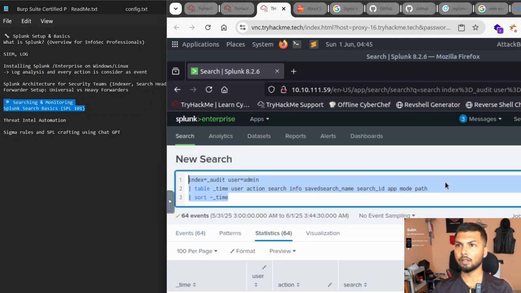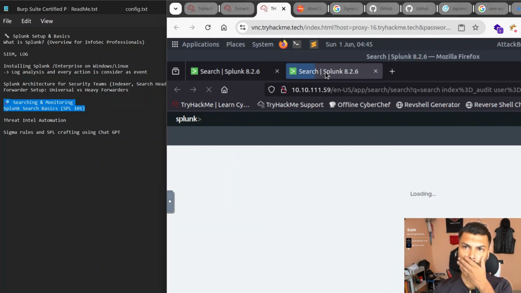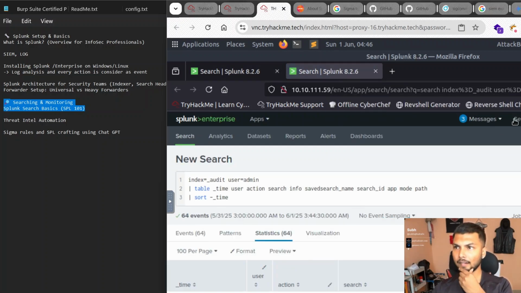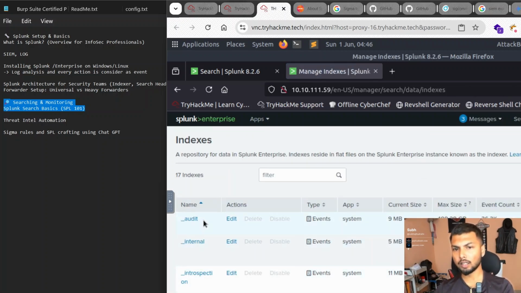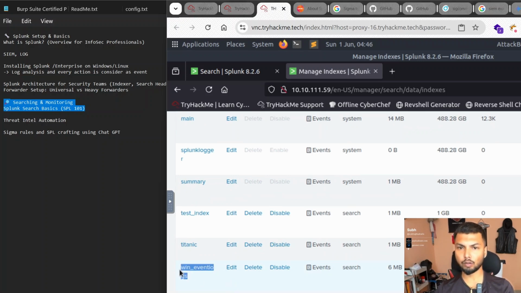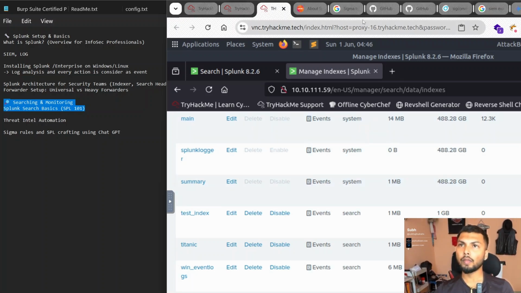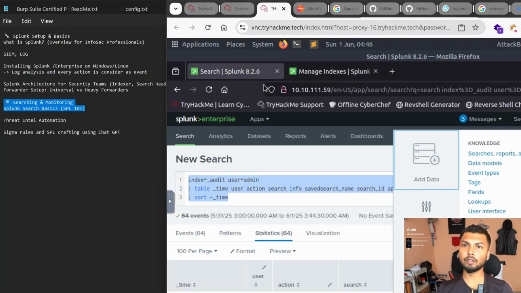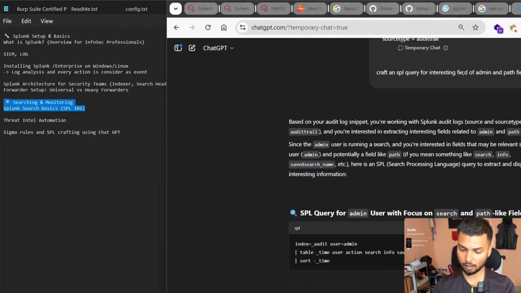I told you, right? For example, I'll just open a new tab. Let's see. Alright, so I'll go to indexes, so we can create an alert saying when there are Windows events logs, or Windows server Windows events. So when the admin searches Windows events, I want an alert. So I'll say